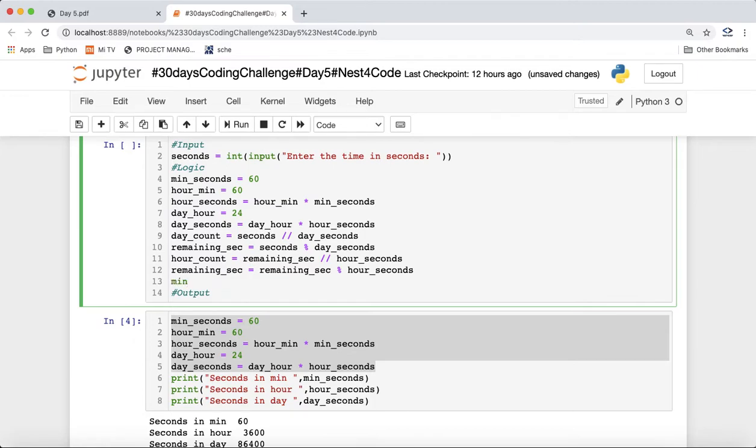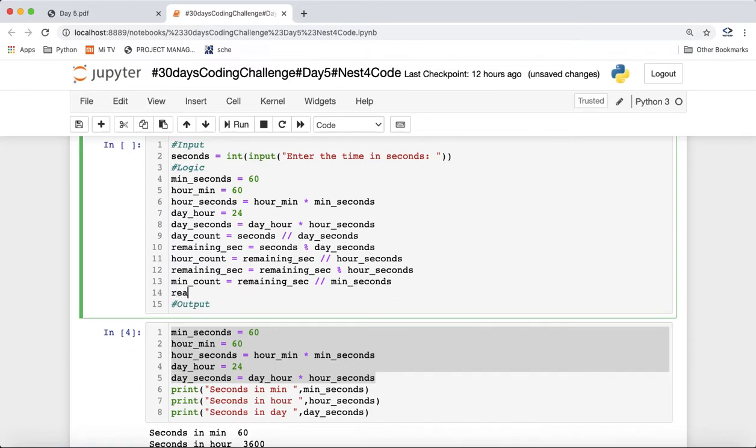Now we'll move on to the minute part, the minute count. What will be the minute count? We'll go to the remaining seconds part and use our floor quotient operator and divide it with the minute seconds part, right? Now it comes to the remaining seconds. What will the remaining seconds be?